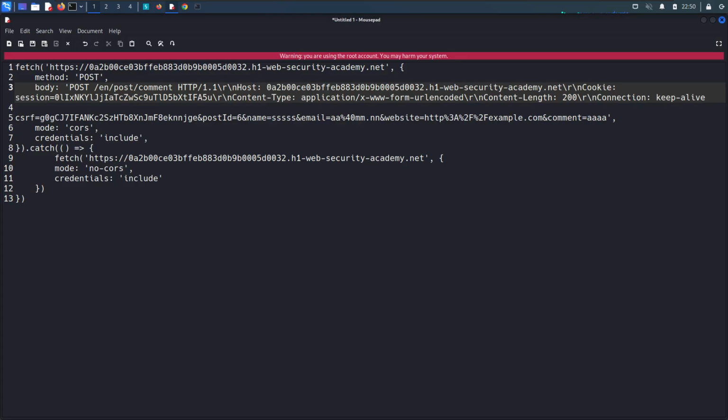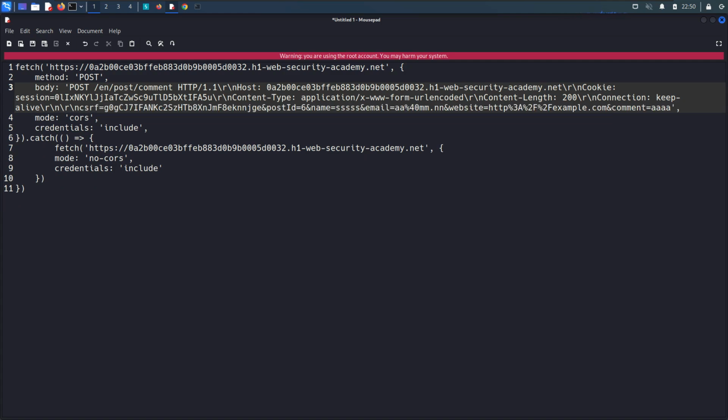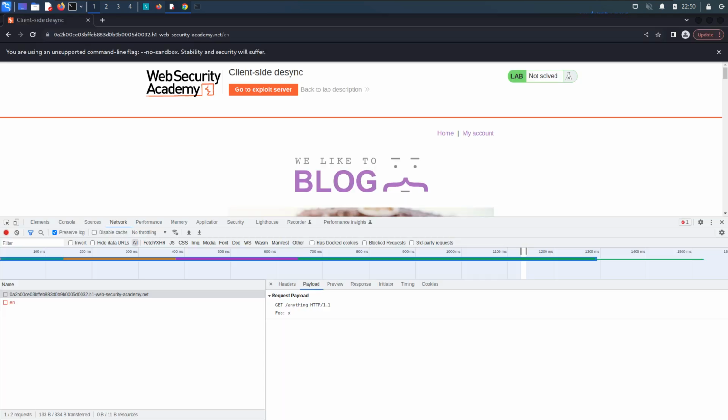So we do the same thing here. After keep alive we will put here two line feeds, okay, and then bring the CSRF, this body section here. So that is completed. This is what we need. Go back to the browser and go to the exploit server,